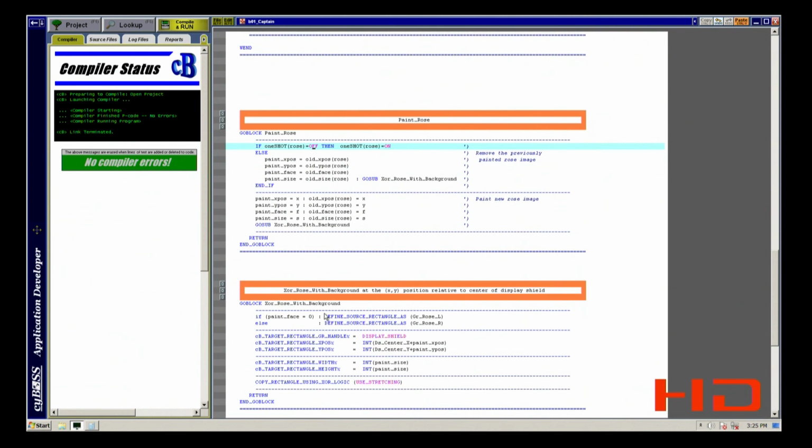And this subroutine is painting it on the screen using special logic. And then we're remembering the positions. That's where it says old XPOS. So here's the first position of X where we want to paint it on the screen, but we're going to remember all this. So the very next time we call this, this logic right here can remove the previously painted rose image